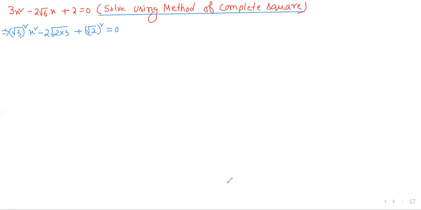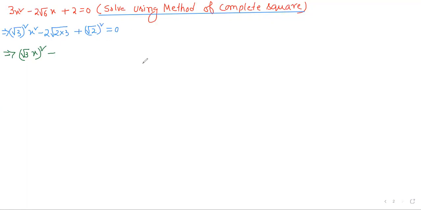Okay. So now can you write this root over 3 and x square like this? We can write it like this, right? Root over 3x whole square. Remember, don't put this square within the root. Now, so this is our a square.